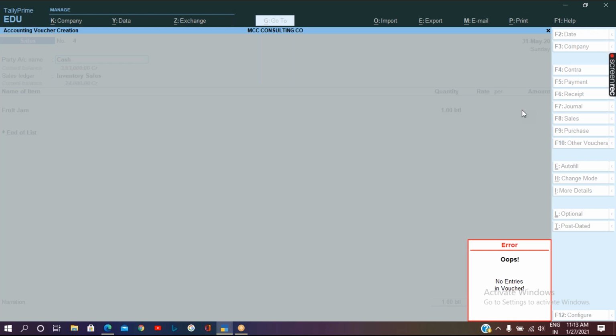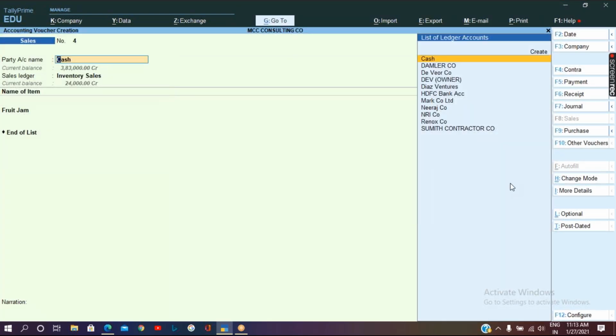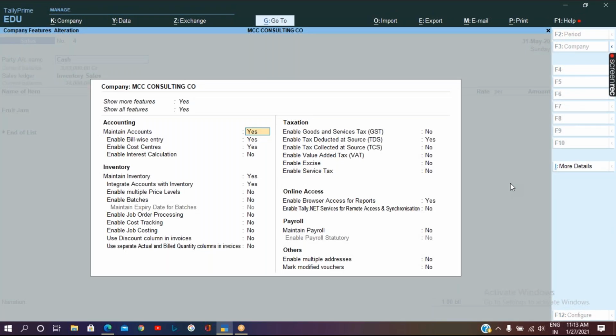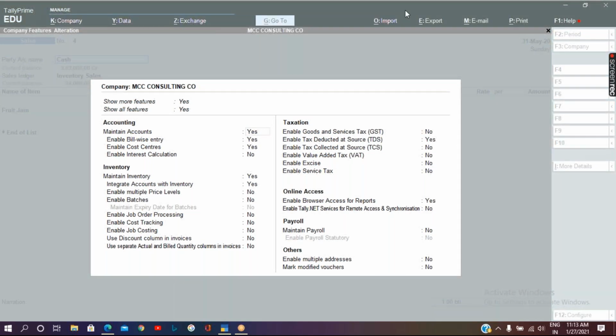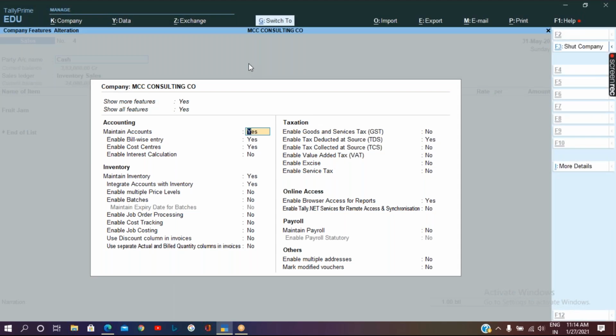Okay, so now we can press F11. Okay, so the option has been removed from the F11 feature.